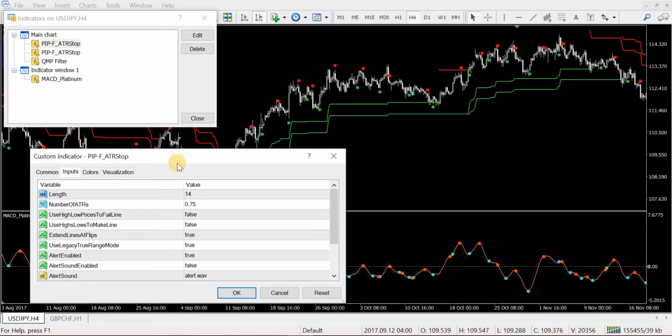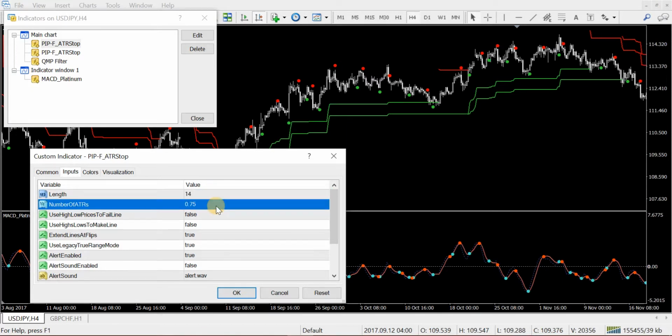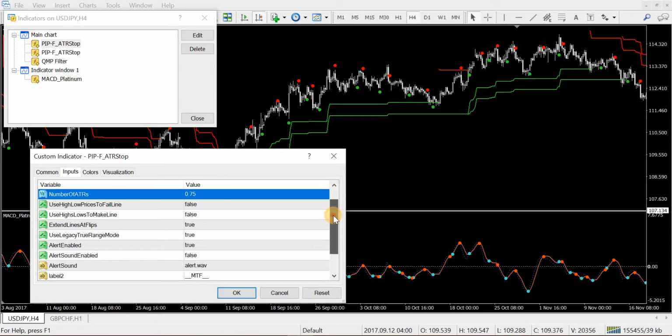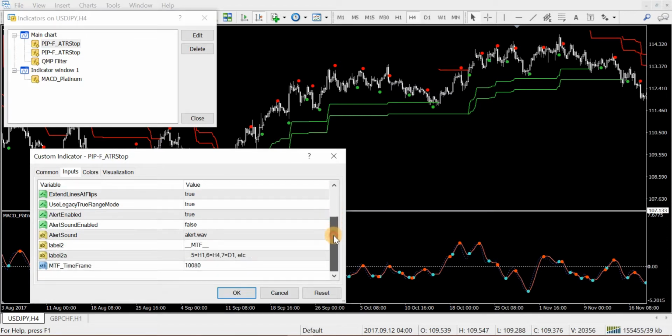So the first one, remember this is the 4-hour chart. Length is 14, which is pretty common. Number of ATRs on one of them, I'm using 0.75. Don't worry too much about all these other settings. It's just lots of bells and whistles. I'm not even sure how to use half of them. You come down the bottom,